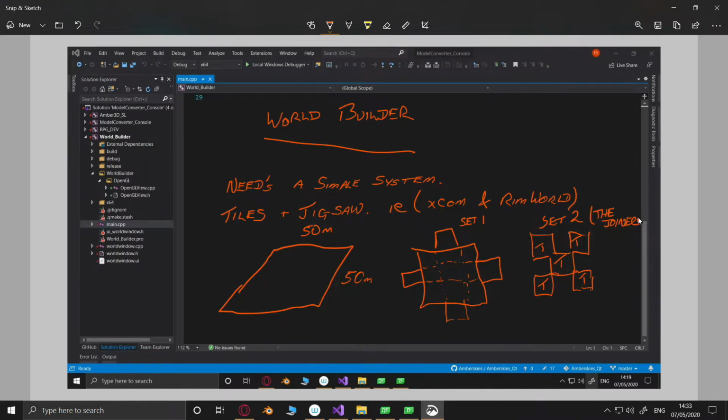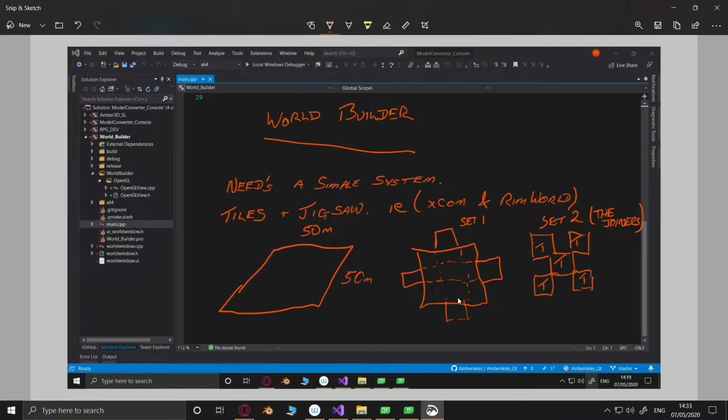Because as you can tell already, if set 1 has 1, 2, 3, 4 lugs, you're going to need 4 of these, 1, 2, 3, 4, as the next tile. And then after that, you're going to need another one of these big squares.